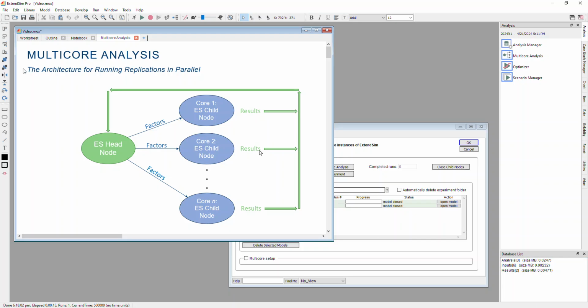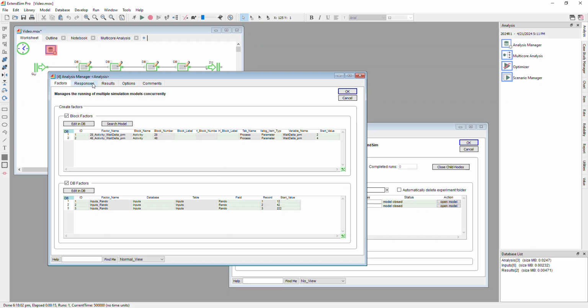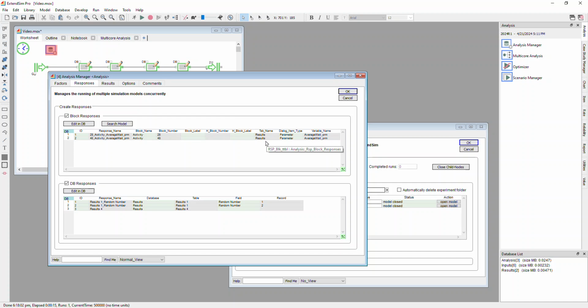So the question of which results will be grabbed from the child node model are again defined in the analysis manager, right? So whatever responses you declared in your model using the analysis manager, those will be the results grabbed from the child nodes. And then finally, once all of the replications have been executed in the child nodes and all of the data